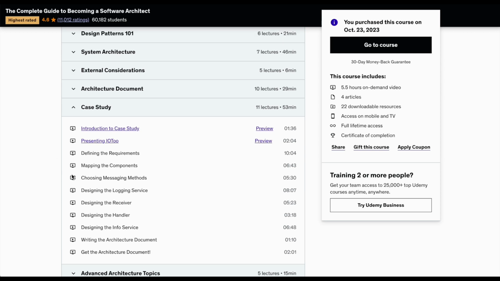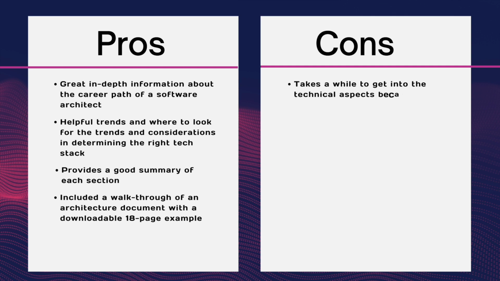The major con here was that it did take a while to get into the technical aspects of the course because he focuses a lot on the building blocks of being a software architect at the beginning of the course. So that is my